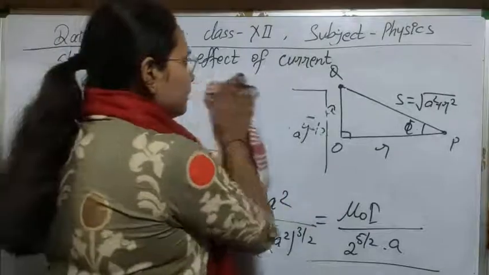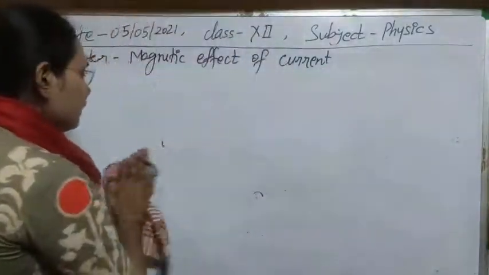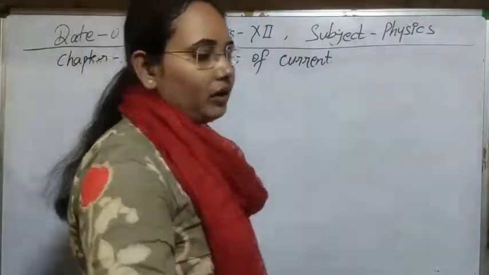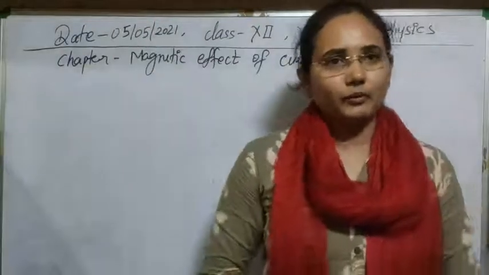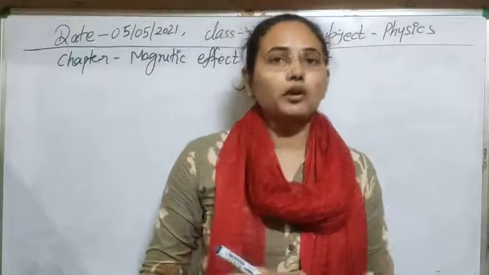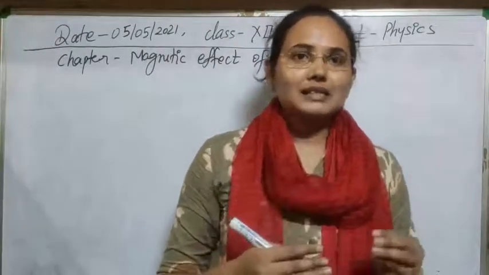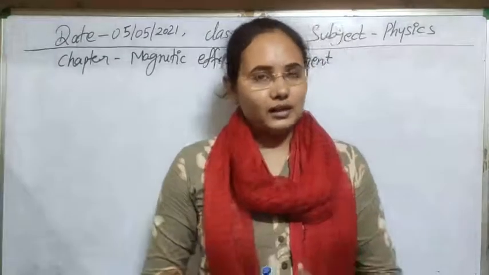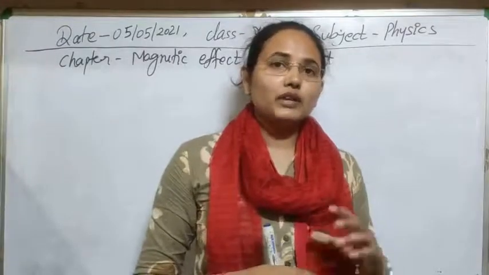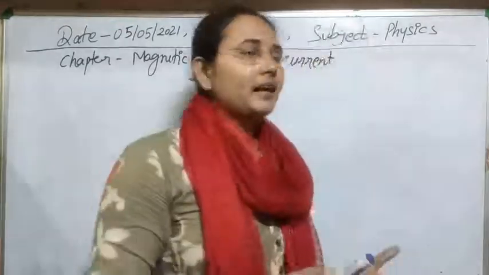So this is the basic construction and theory, and the application of the Biot-Savart law for a particular loop, and how we can find the magnetic field with its help. Suppose in the same expression it is given that we have n number of loops. For n loops, you can obviously apply the superposition principle: calculate the magnetic field due to one loop, due to the second loop, due to the third loop, and if they are all concentric loops, then obviously the magnetic field will be the same.